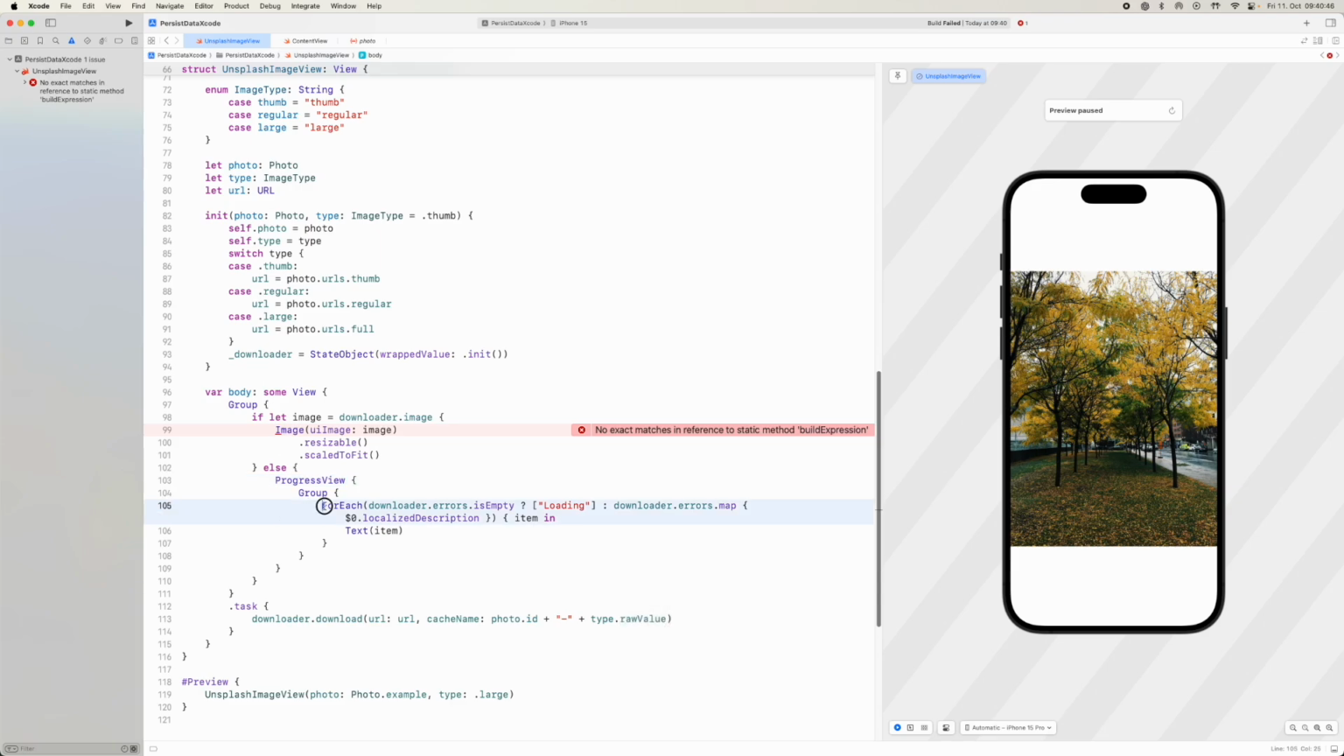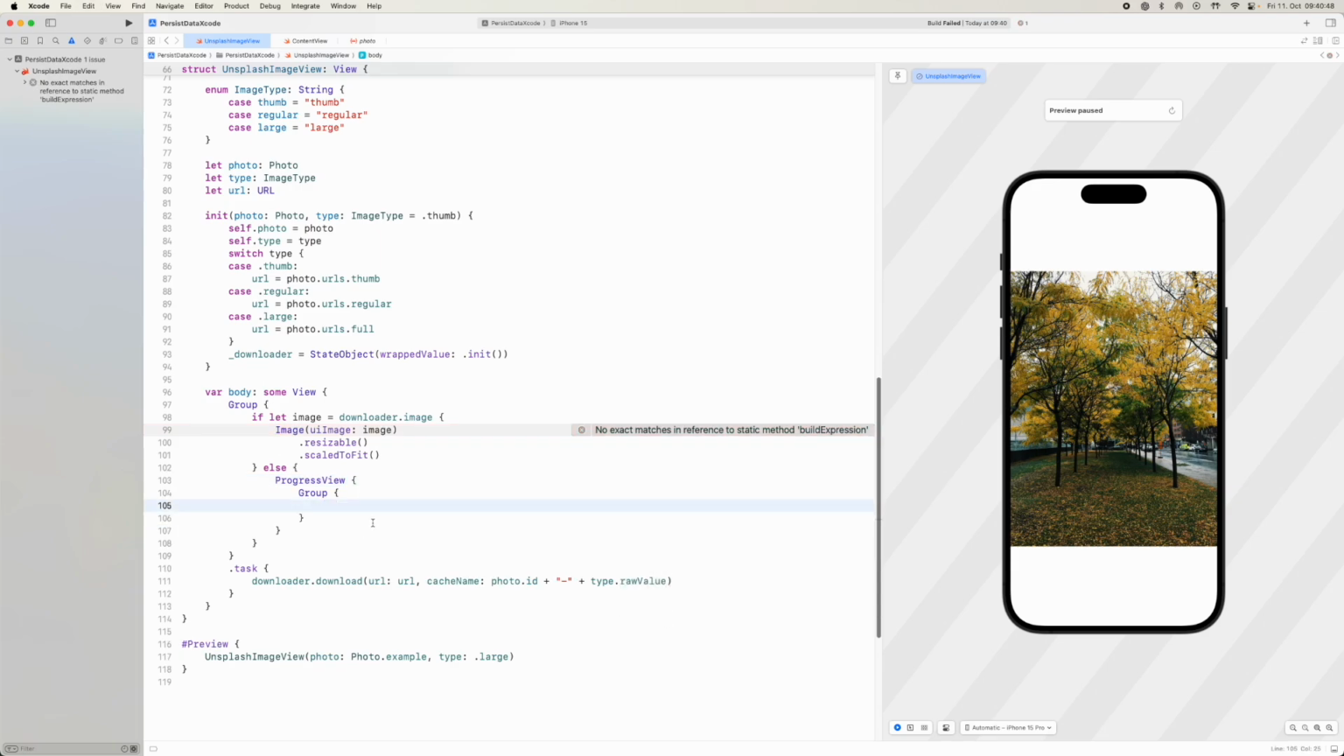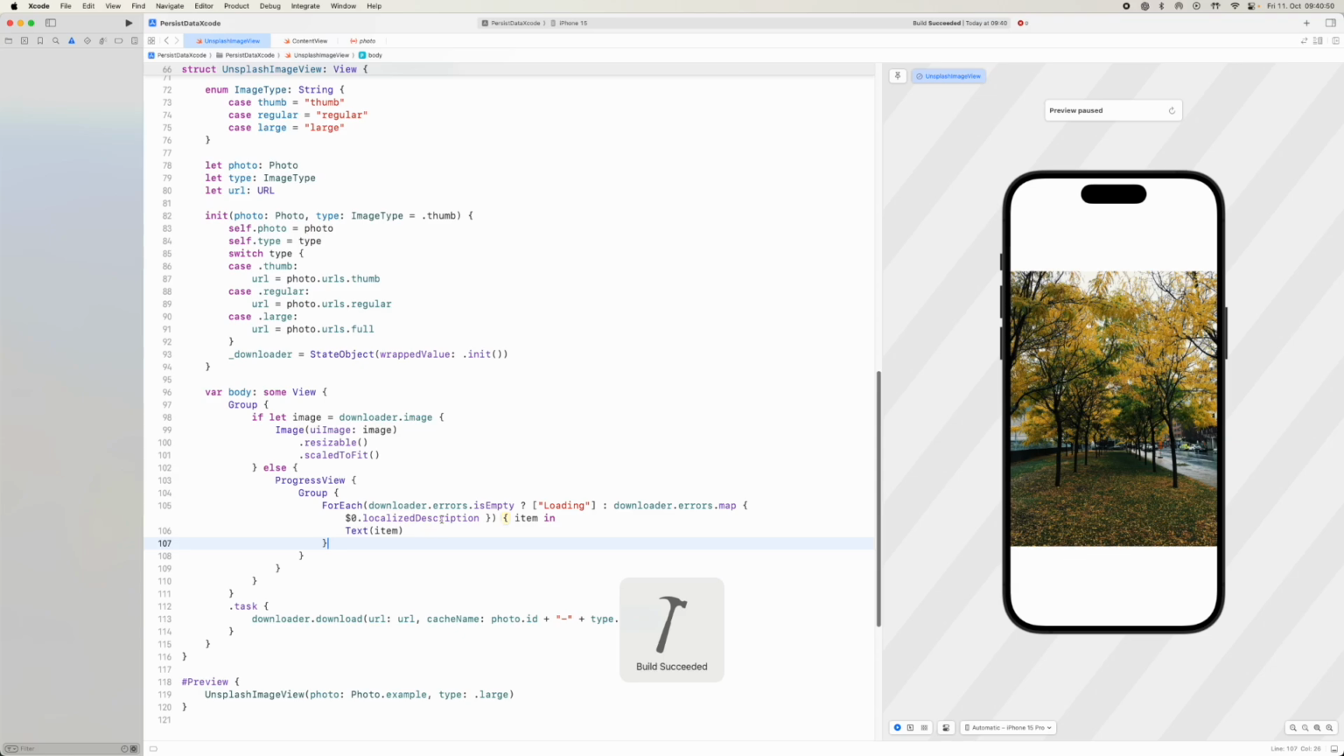It's not liking that still. Okay, what's it not liking? Download errors is empty, loader. Maybe we need to have here ID is self. There we go. Okay, so it's okay with that now. So we know we've got one view now. If we've always got a list of